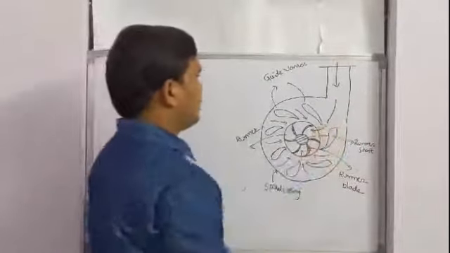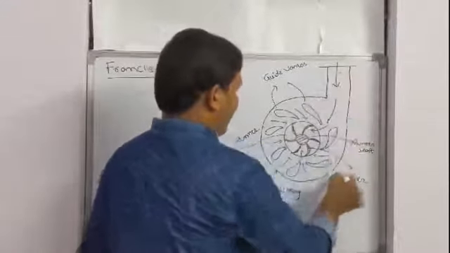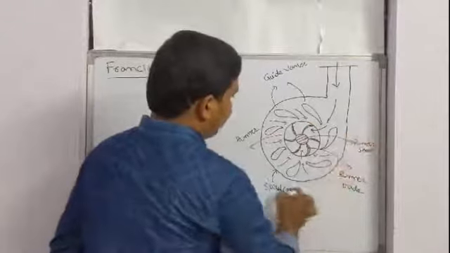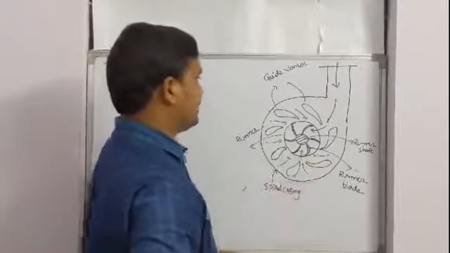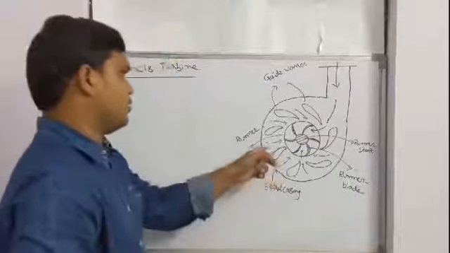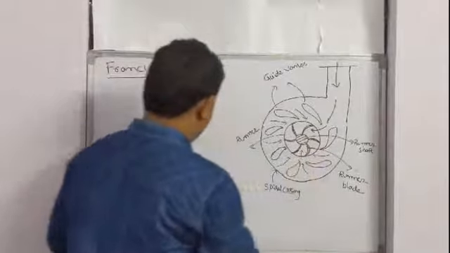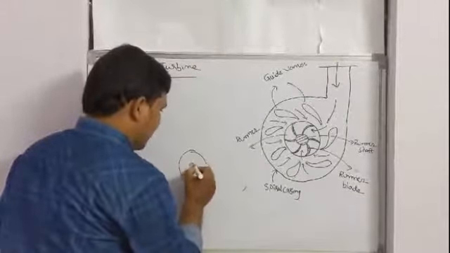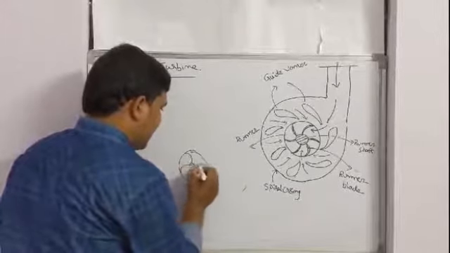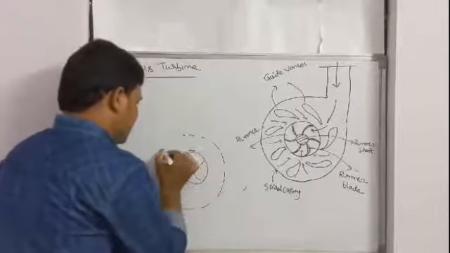So these are the components. The water coming from the penstock directly enters the spiral casing. This wound shape is called the spiral casing. In the spiral casing there are two types of blades, but I am drawing only one type of blade here, and this is a runner. This inner part is the runner. This is the shaft, where the shaft is located. These are the runner blades. Outside of these is the periphery. So this is the spiral casing.